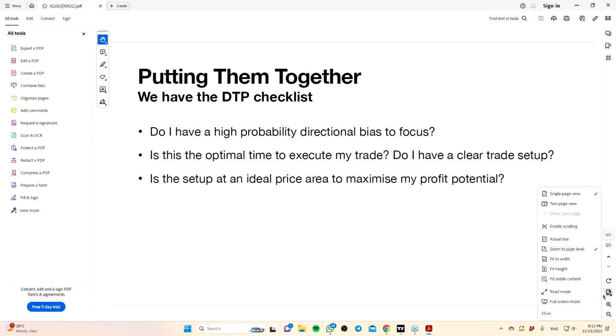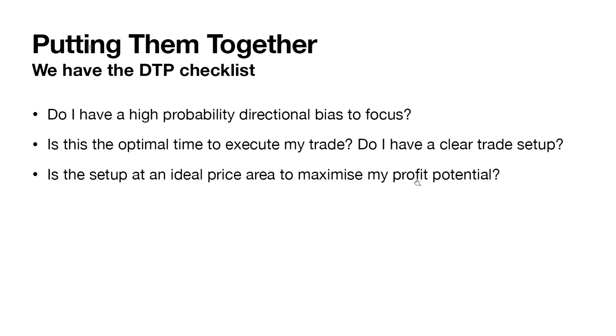You can see that when we start to put things together, we often ask ourselves a few questions. Do we have a clear sense of direction? If you don't, we move to the next asset, the next chart, right? Because if you don't have a clear sense of direction, there's no way we're going to start putting in more things to trade. The number one thing to do is to identify which direction to focus on first.